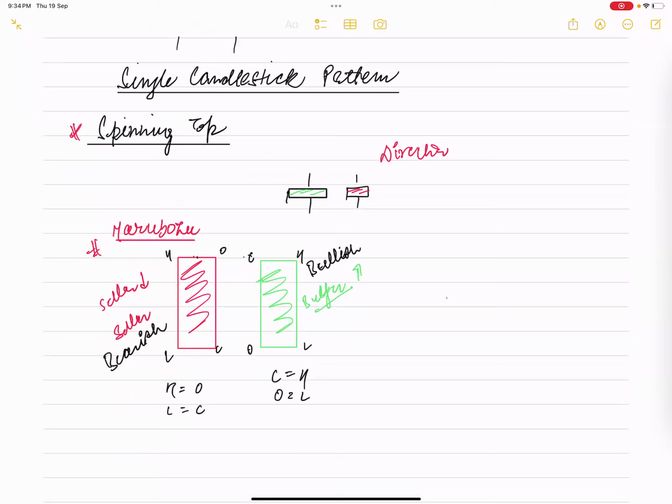I just have a question. In terms of the market, what do you mean by high is equal to open and low is equal to close? For example, there's one of the stocks that just opened at 120, and in the market hours from 9:15 to 3:30, that particular stock made a high of supposedly 120 only, which is equal to the open. High can be more than open also, it can be less than open also. So if that particular high was 130, then in that case open and high won't be the same.